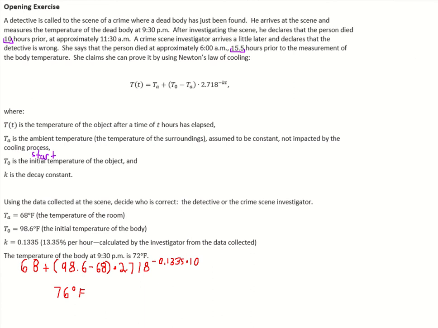Well, to compare, let's do the exact same thing, but with what our CSI investigator said. If our CSI investigator is closer to 72 degrees, that means that she is right. If not, our detective is right. So, most of our equation is going to be the exact same. 68 plus 98.6 minus 68 times